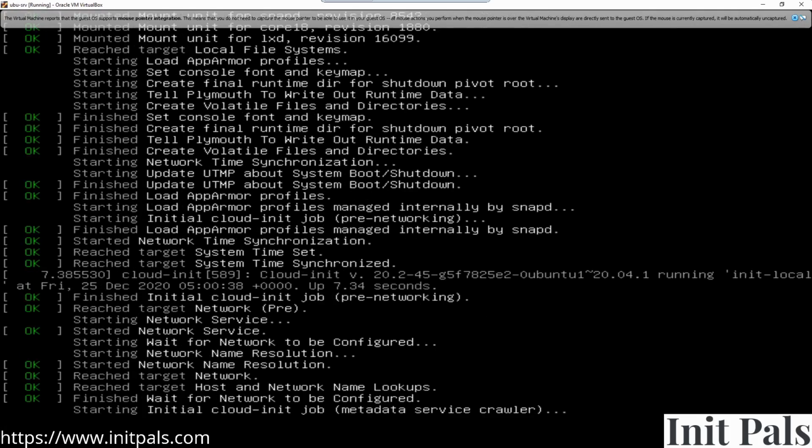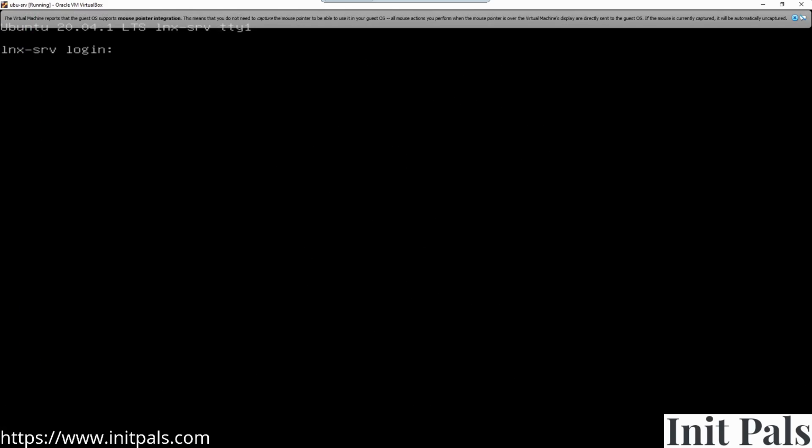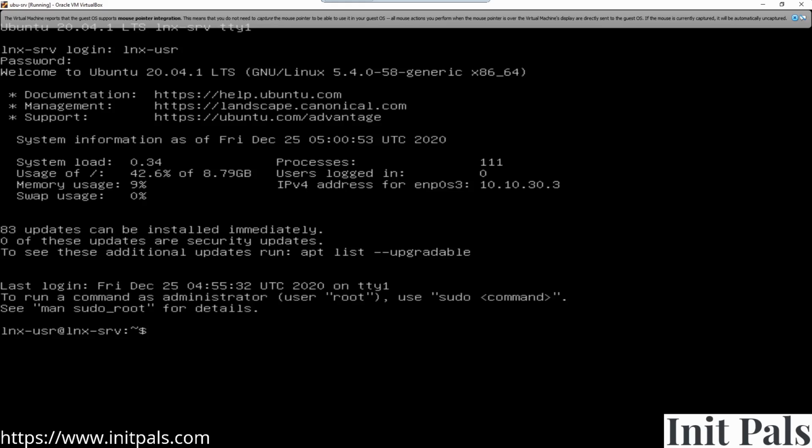Okay, so it's loading. Okay, all set. lnx-usr and the password. Okay, let me check the IP address. Right now it's based on the initial configuration, so it looks like the initial information is what it is showing. The IP address is